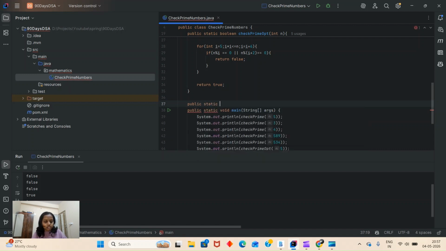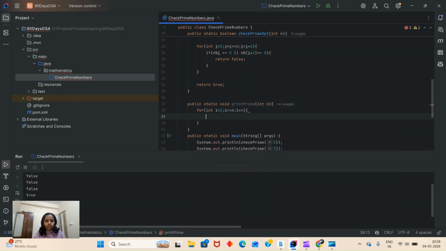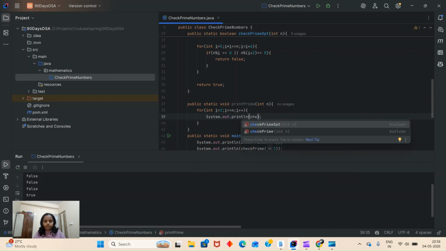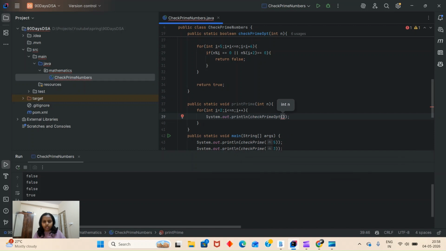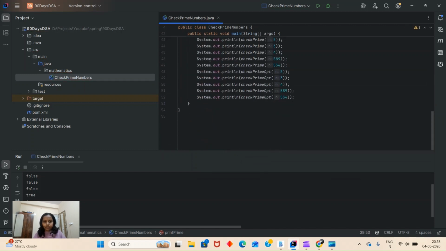Static void printPrime. Here I'll pass int n, and start a for loop with int i equal to 2, i less than or equal to n, i plus plus, and print check prime of the optimal one on i.